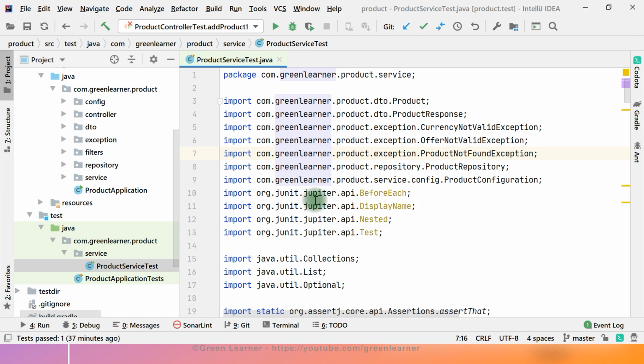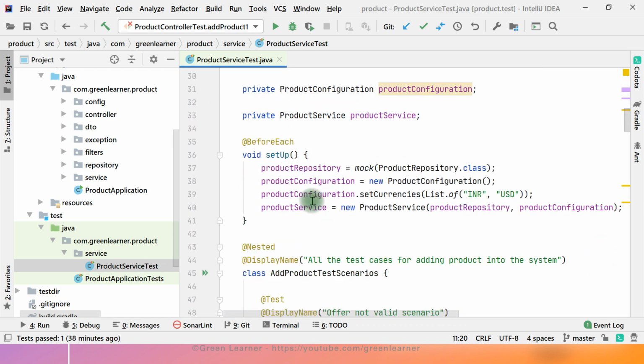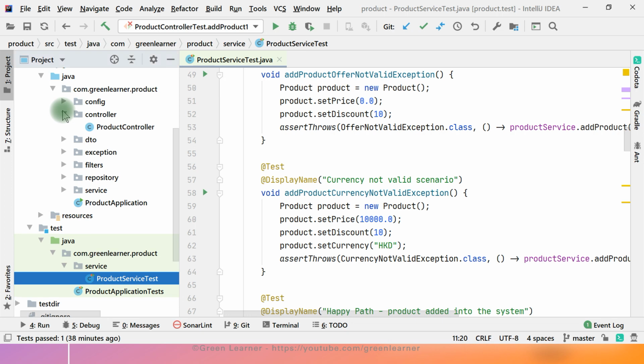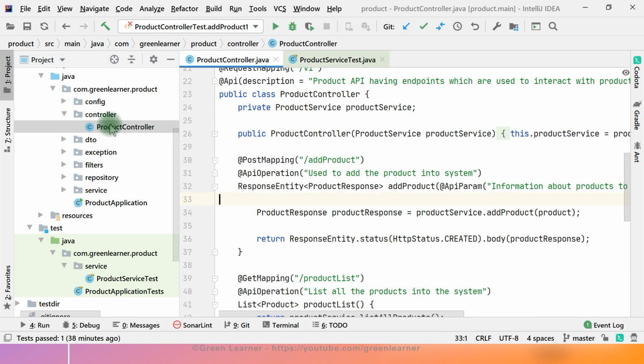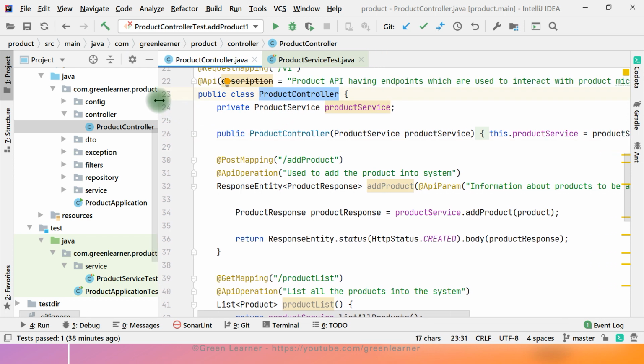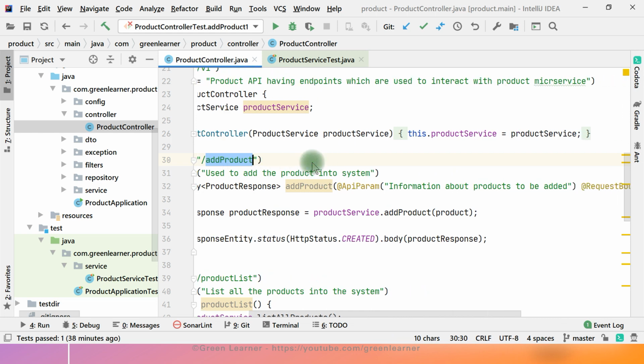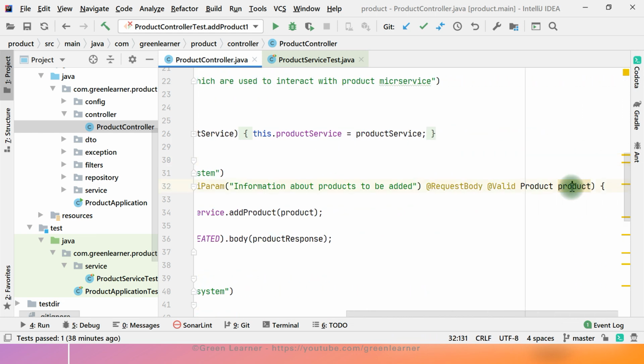So this is the unit test that we have already completed and executed properly. As explained in the previous video, there are differences between unit test cases and integration test cases. This integration test is going to focus on the end-to-end flow. It is going to intercept the request. It will feel like the user is actually requesting something with the endpoints that we have written here, add product. It takes the product as JSON, and in this test case it is also going to convert that JSON into this product.